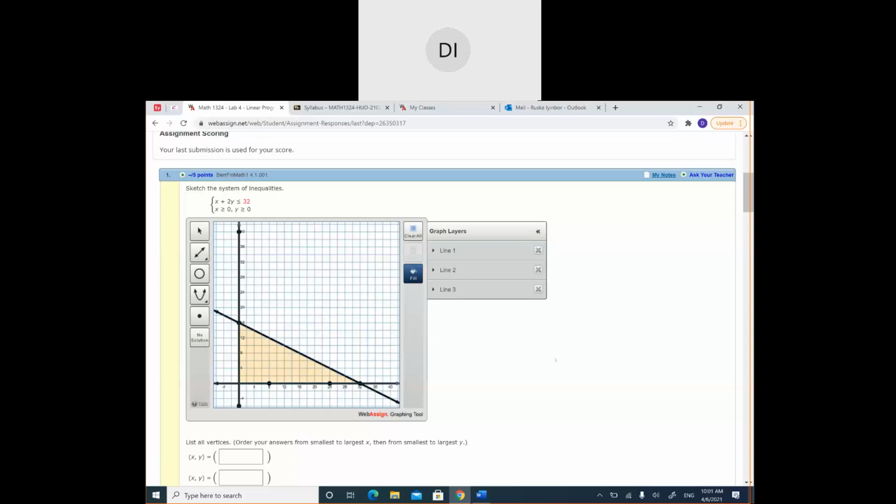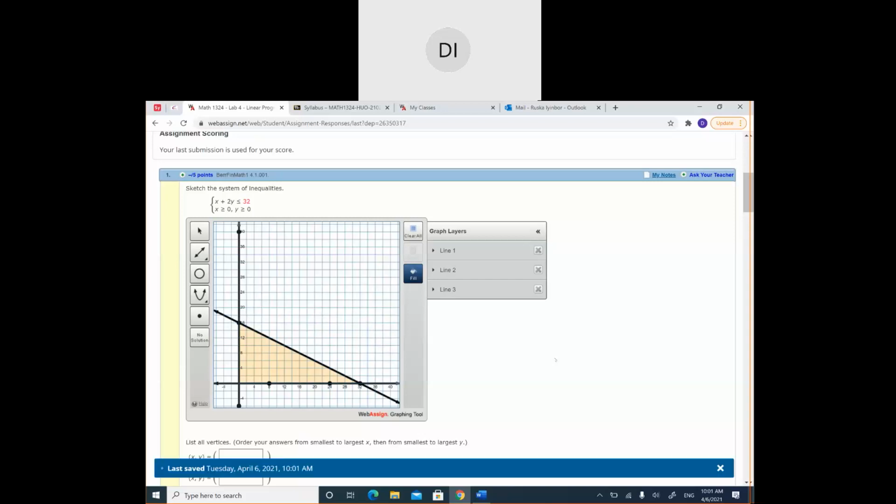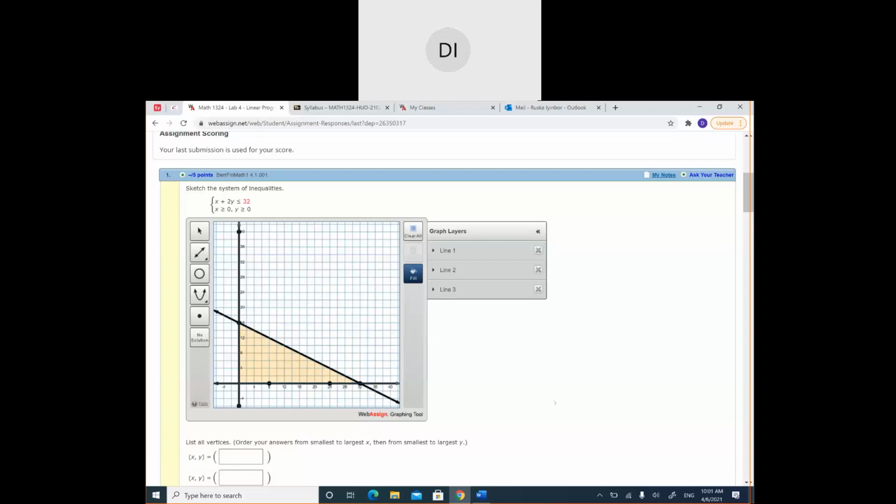Okay, so here it's very important that when you graph this type of graphs, lines and shading the area, you graph all of the given lines. So you're going to graph